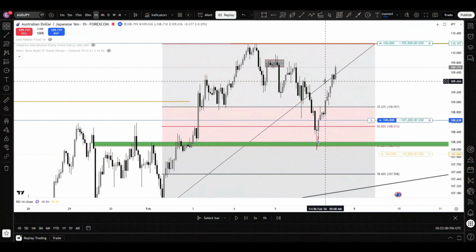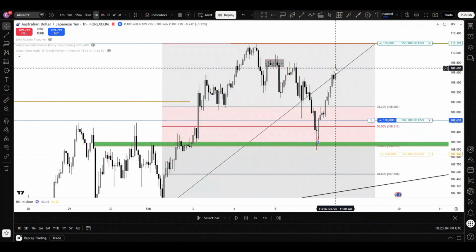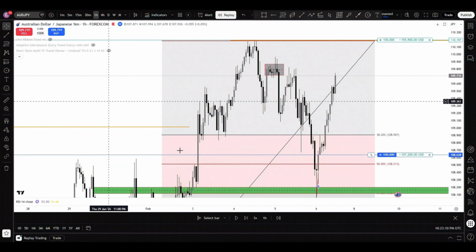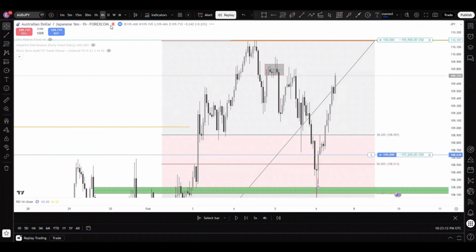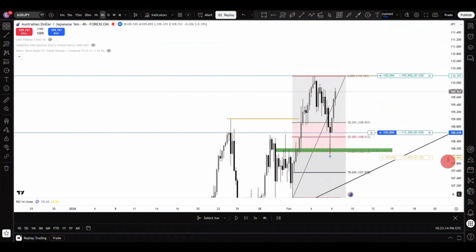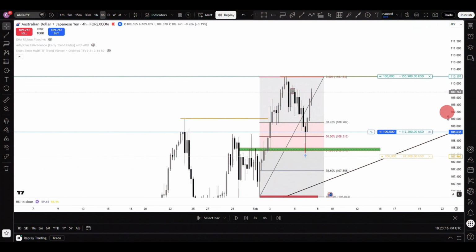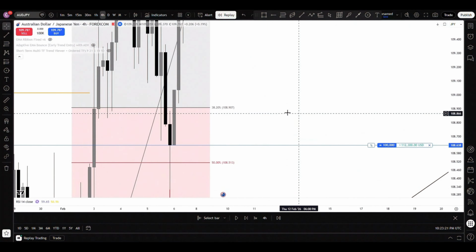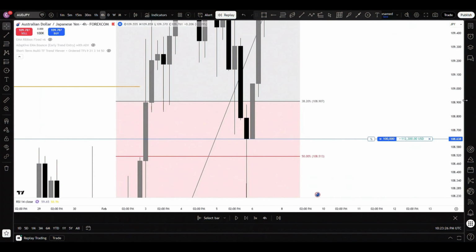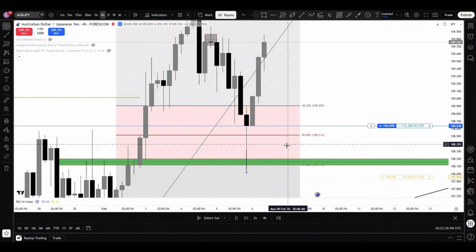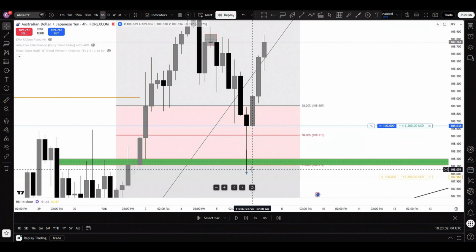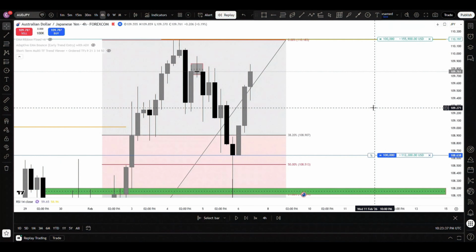That was your entry. You didn't get any drawdown and we're in the green. Still waiting on that level to be hit, but it's probably gonna get hit because we're in an uptrend. On the 4 hour time frame, this right here is your entry. So you got in after price found support on the 4 hour time frame, and this is actually a beautiful